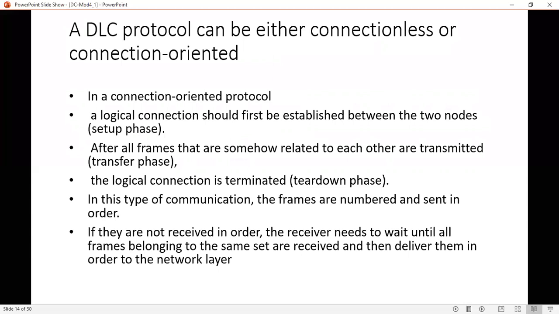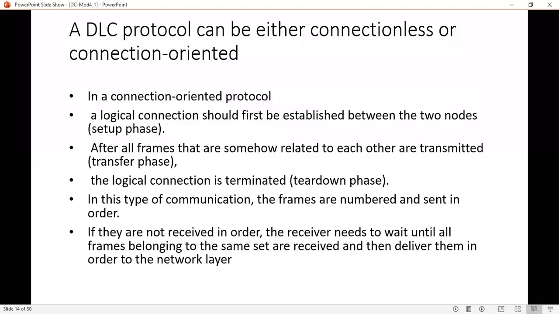A DLC protocol, that is a data link control protocol, can be either connectionless or connection oriented. In a connection oriented protocol, there are three phases: the setup phase, the transfer phase, and the last phase, the tear down phase.